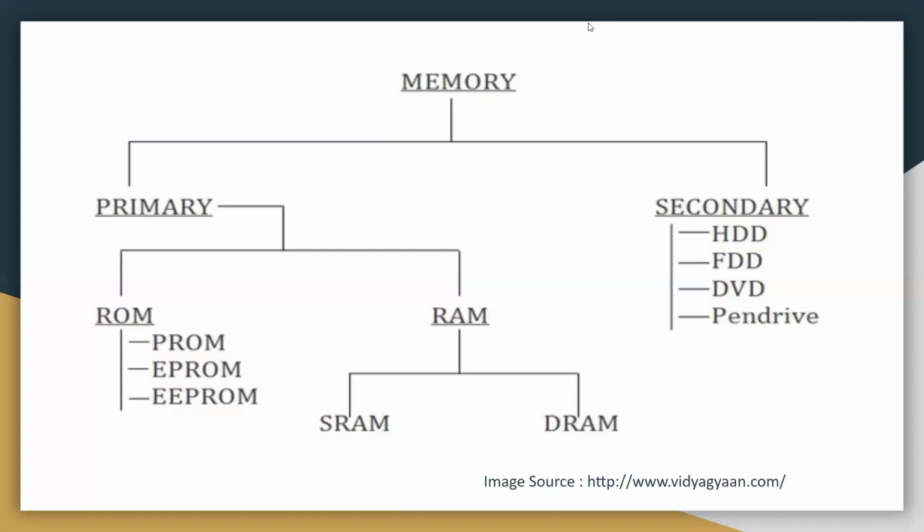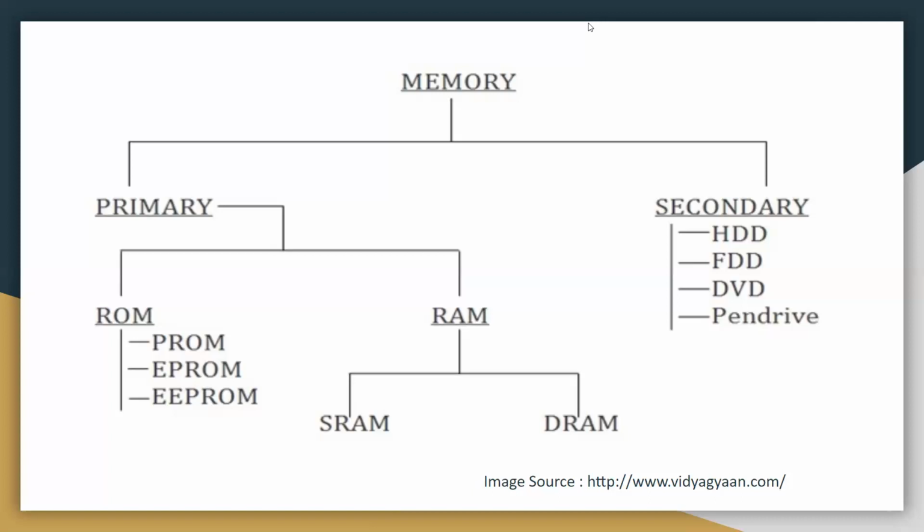DRAM stands for dynamic RAM. DRAM needs to be refreshed continuously in order to maintain the data. To do this, there is something called a refresh circuit in the memory, which rewrites the data several hundred times per second. DRAM is used for most system memory because it is cheap and small. Most DRAM cells are made up of one capacitor and one transistor. So that's the difference between the two.